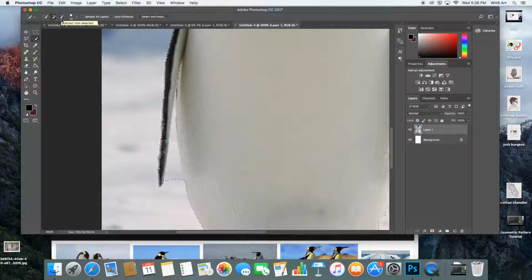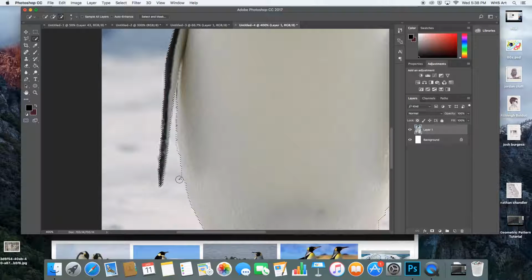Like everything else in Photoshop, there is a keyboard shortcut. If I hold down Alt, which is also Option, see, I'm pressing it, letting it go, I can toggle between the two options, which makes it really easy and quick. So if I'm holding down Option, I can now click in here and then can start to go back on the penguin. See how I went a little bit too far? This is when being able to let go, making it smaller, and then add back to it is really helpful. It's a little bit of a give and take. Okay,